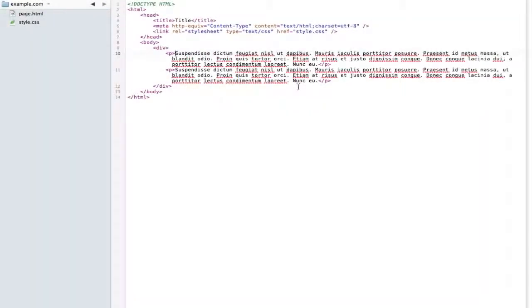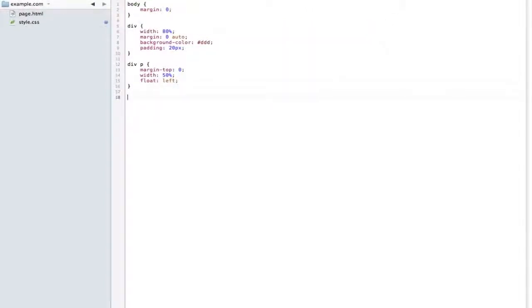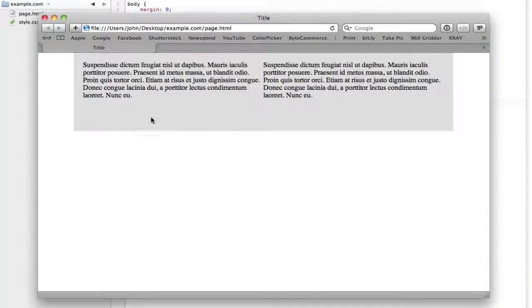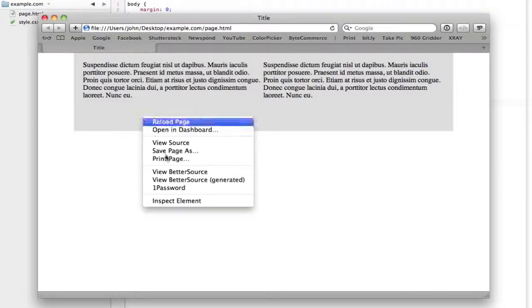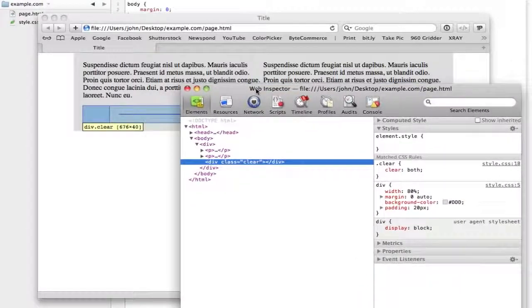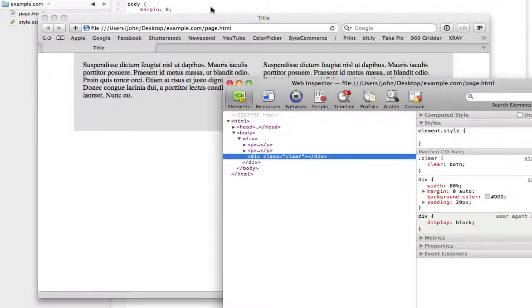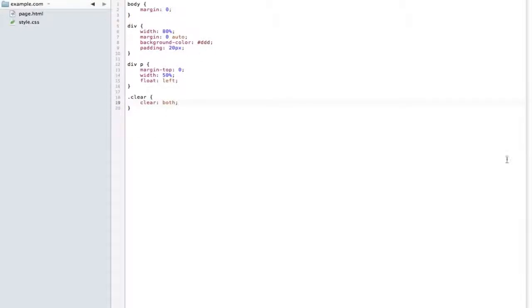So I'm going to go back into my HTML, and right before the closing tag of the div, I'm going to add a div, and I'll give it a class of clear. Now if we go into CSS, we can type .clear and give it an attribute of clear both. What this does is it refreshes, and makes it jump down after the floats. You can see that we still have a little bit of room here, and I'll show you why: in CSS my div is set to padding 20 pixels, so